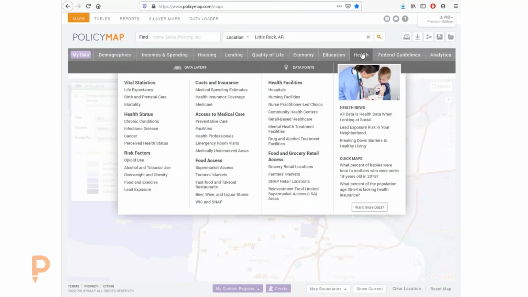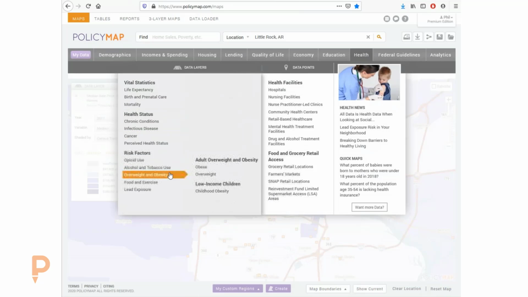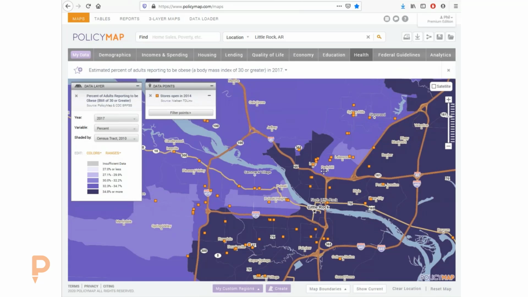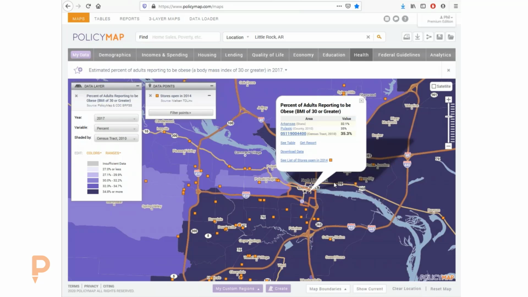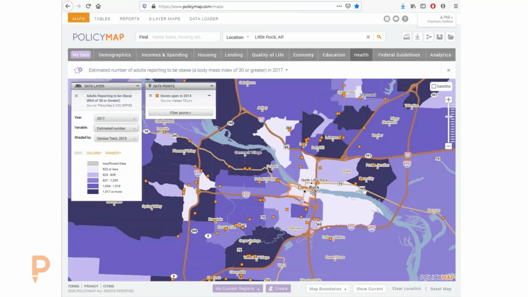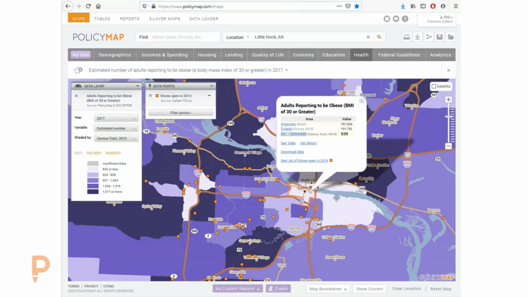But as health became a really important indicator to understand neighborhoods, especially in the case of food access, because then you can start talking about obesity, exercise, and so forth, other agencies started producing smaller area estimates. And so with that, you're able to look at a neighborhood and see, this is a really bad map for you guys, as well as Philadelphia, but this is basically saying this particular tract, 35% of the adults are considered obese based on the BMI rate. Now, again, percentages and counts are always two different things. So while it is 35%, it represents 539 people of the overall population in that tract.